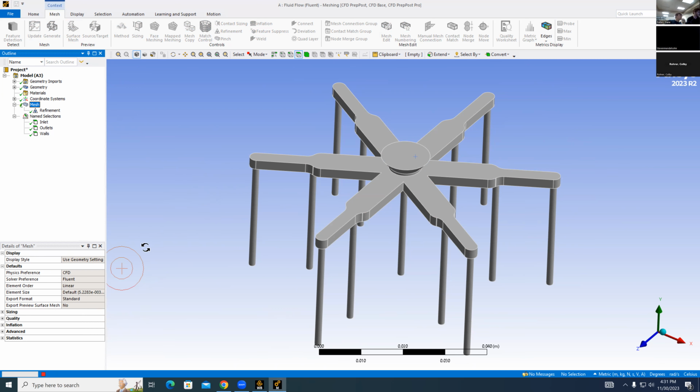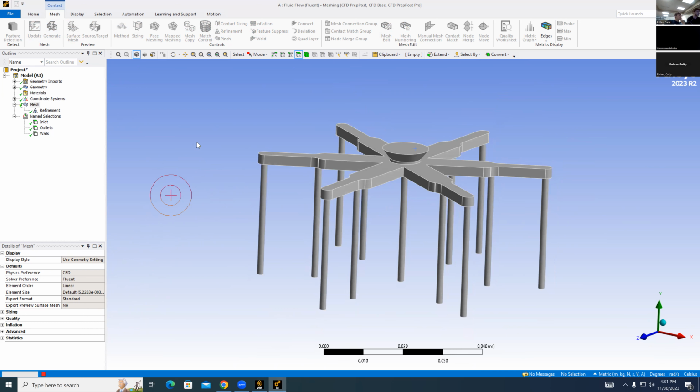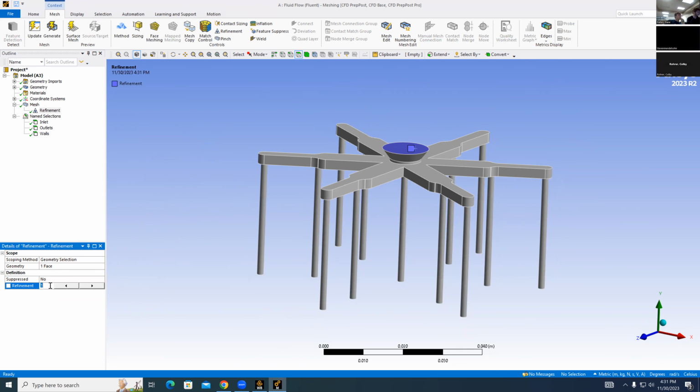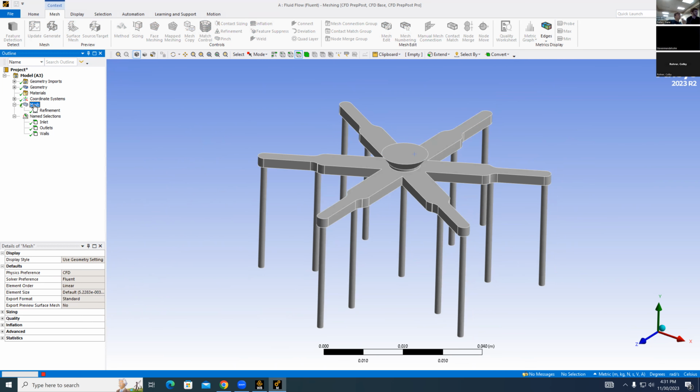Oh, you can be more exact with it, obviously. I actually did it wrong. I need to put refinement. I put it up to 3, and I think it just makes it 3 times more dense. I could be wrong, but we hit mesh. Well, once this is done,